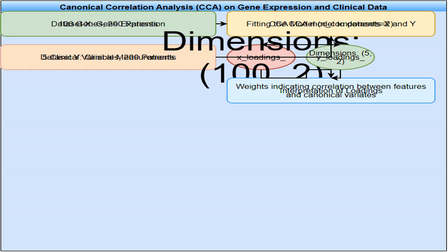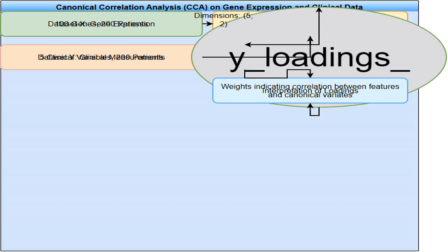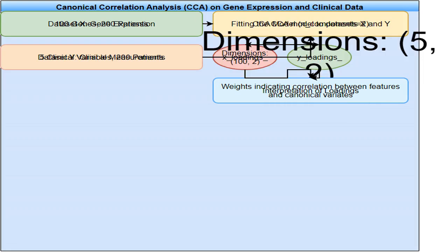x_loadings_ is a 100 by 2 matrix. There are 100 rows, one for each gene, and 2 columns, one for each of the two main relationships found by CCA. Similarly, this output tells us how each clinical variable contributes to the two main relationships found between the datasets. The output